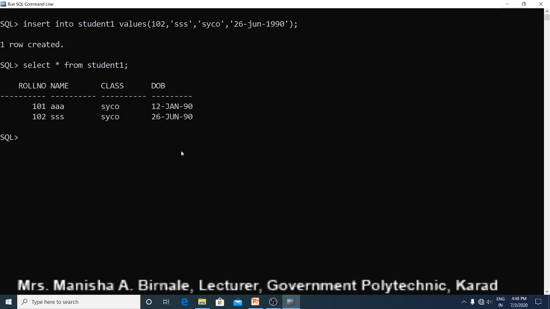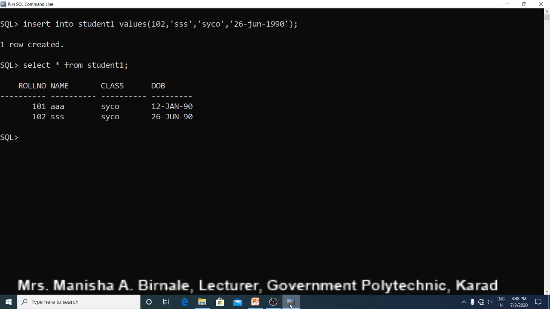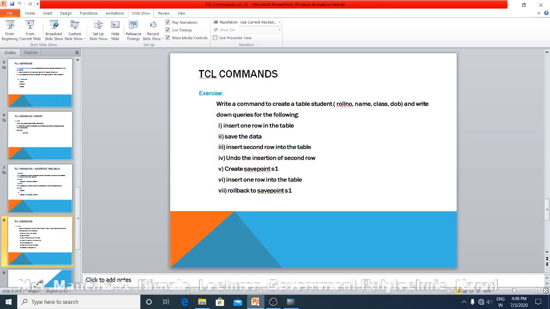Now we have to undo the changes made by this second row. So what we have to do? We have to use the command rollback. Now check the contents of the table. Our table is restored to the last committed state having only one record, due to the rollback command.